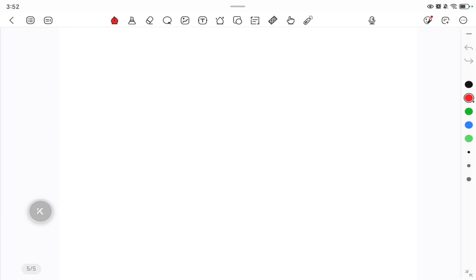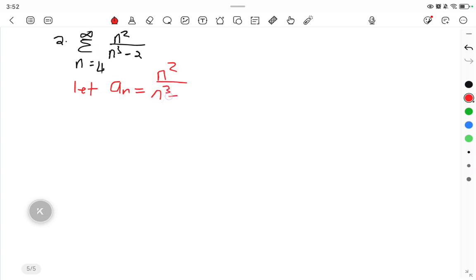So now let's try another question. The second question is as follows. We have the summation, n equals 4, of n squared over n to the third minus 2. And then we're going to let an be equal to n squared over n to the 3 minus 2. And then our bn will be equal to